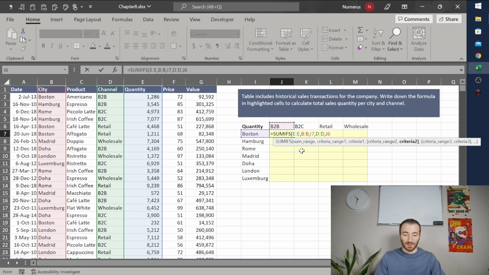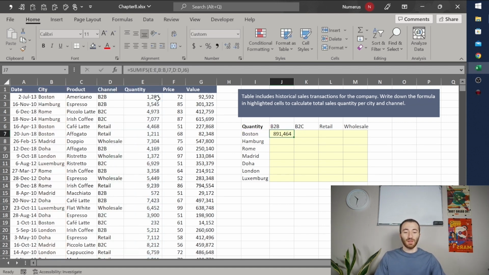And as a result, for example for this cell, Excel will do the following. Excel will go through column B and find all Bostons. Also, Excel will go through column D and find all B2Bs. And for the lines where there is Boston and also B2B, for example the first line is like this, it will gather all the quantity values for transactions where both criteria are met, and then sum up those values. So let's close the round bracket, press enter, and as a result, we have this number